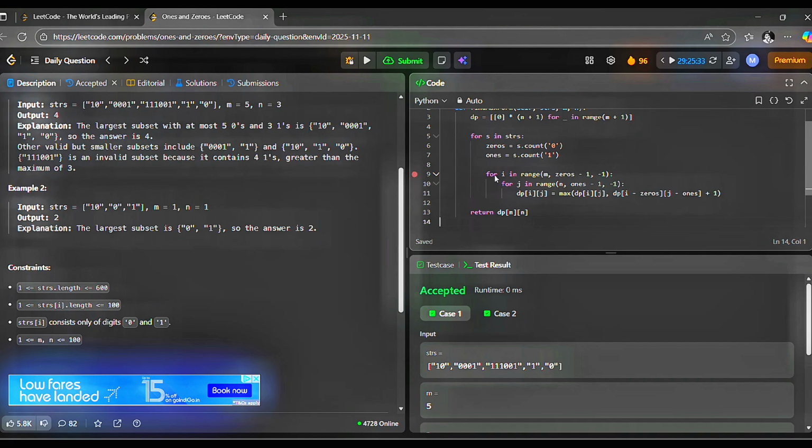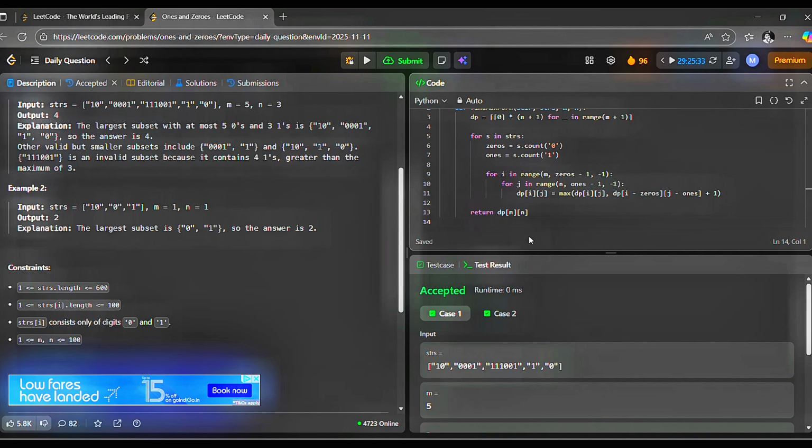So here in this question, what will the time and space complexity be? For time, we iterate over each string in strs, and for each we loop over all m into n states, so O(len(strs) * m * n). For space, the dp table is of size (m + 1) into (n + 1), so O(m * n). This is efficient given the constraints m, n less than or equal to 100,